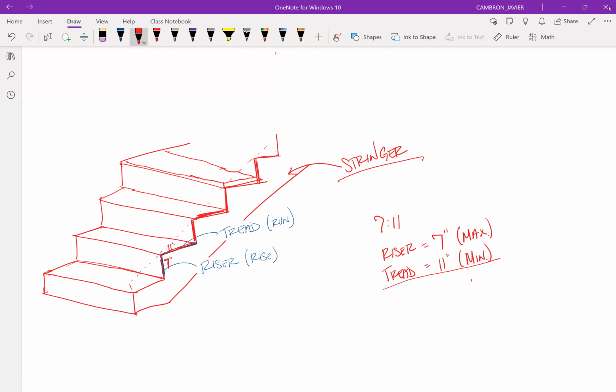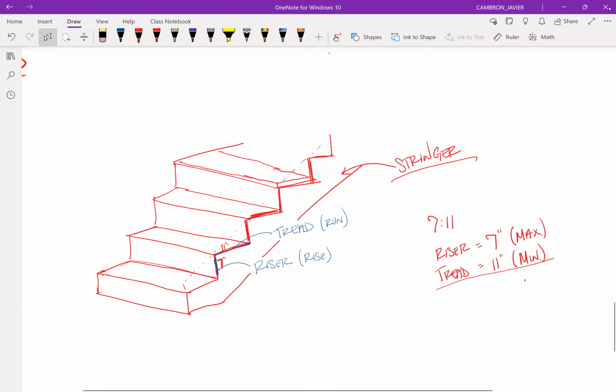Next, we have our balusters. Now, hold on. Let me go back to the stringers. There's two general ways of creating the stringers. One, just like I was saying, we do the cutout on the piece of wood, and we put our treads above the stringers. The other one is we do it at an angle like that, and we actually show